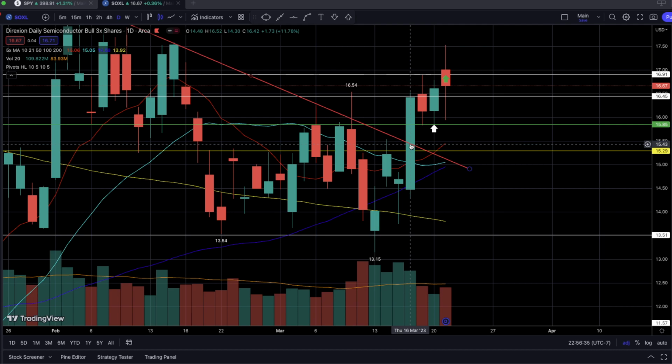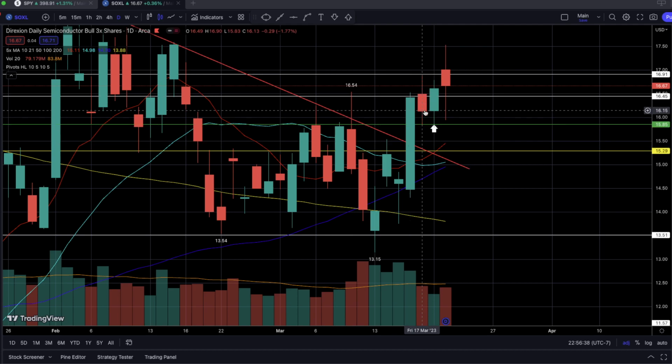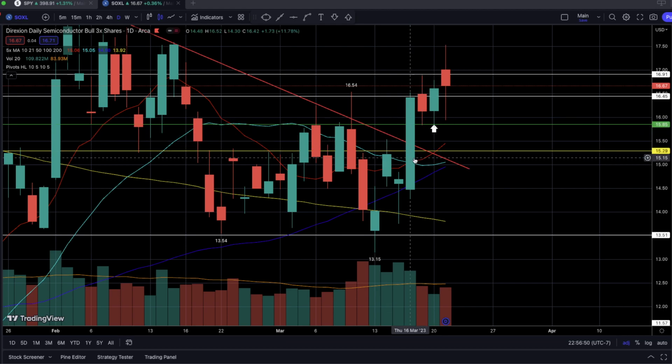So I was glad that the following day from the initial breakout day, which is this daily candlestick again, we held a higher low right over here compared to the previous low on this breakout day's low. And this low right here happened to be around that 15.85 level, as the low of the day was right at $15.83. Okay, so with that in mind,